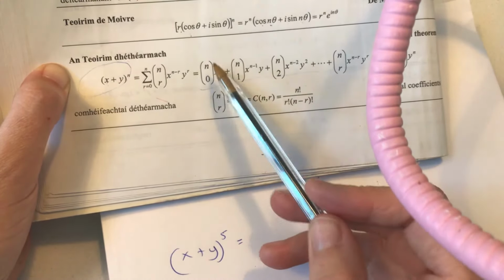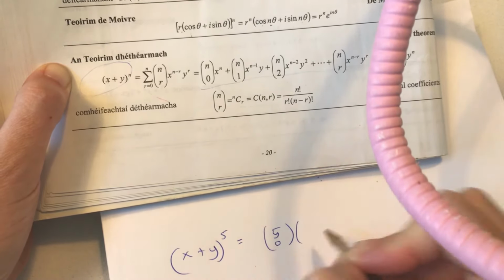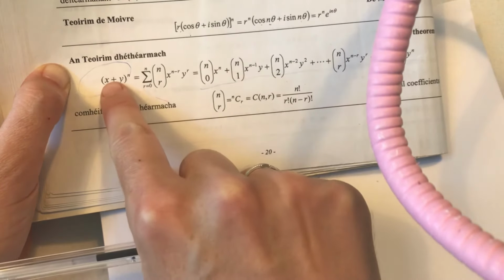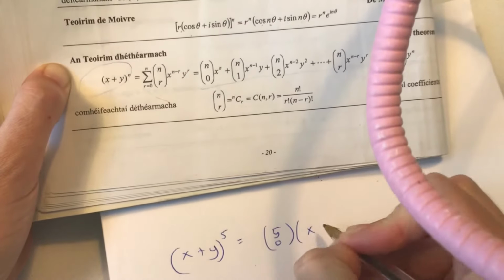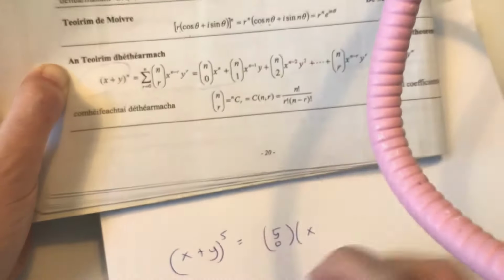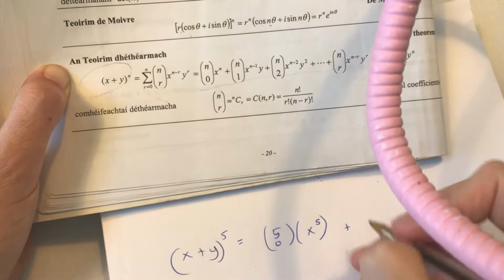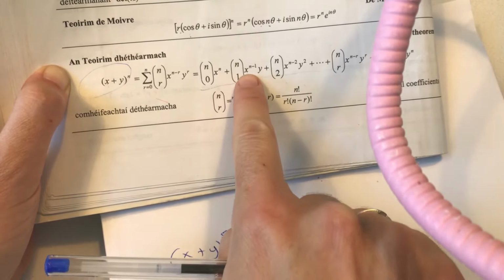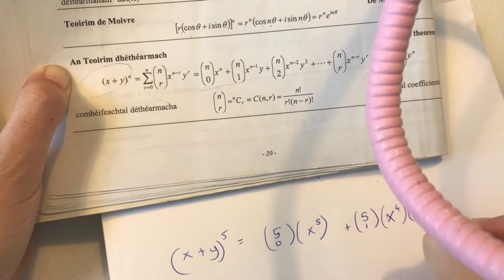So it's 5 choose 0, and the first one here happens to be an x, so x to the power of 5, plus 5 choose 1, x to the power of 5 minus 1, by y to the power of 1,